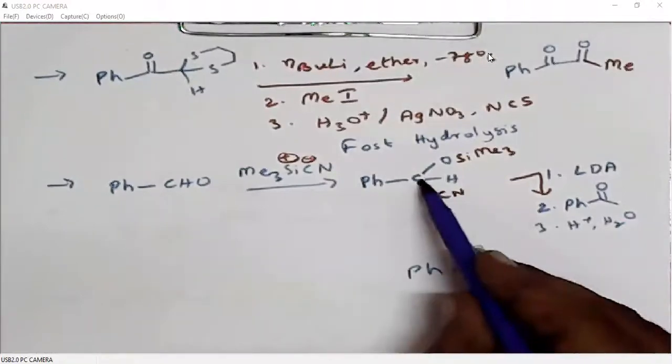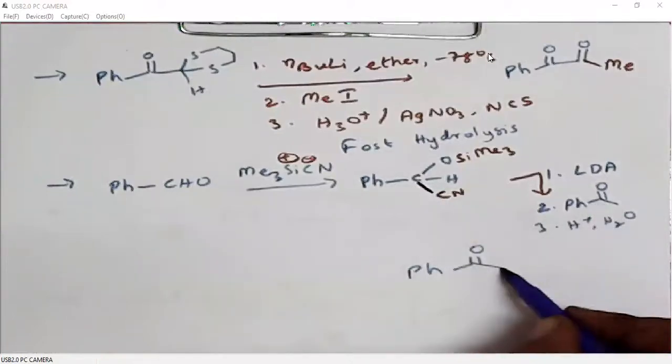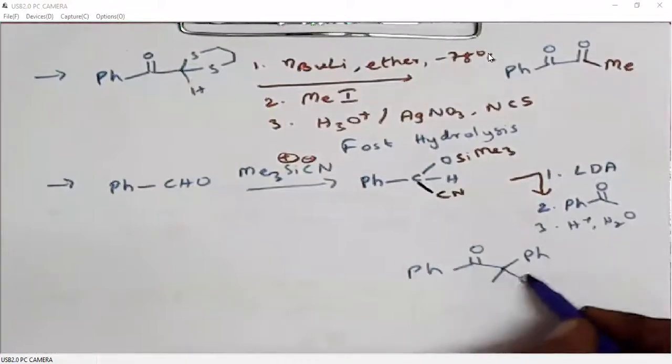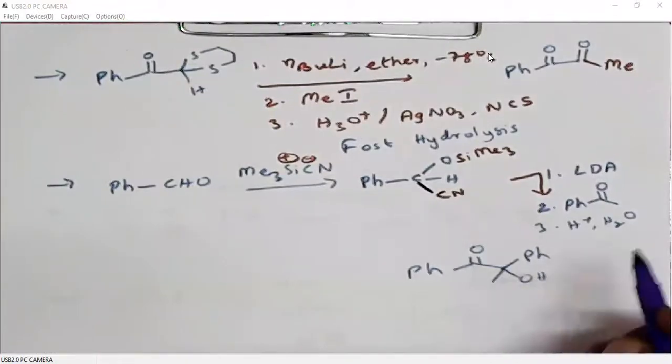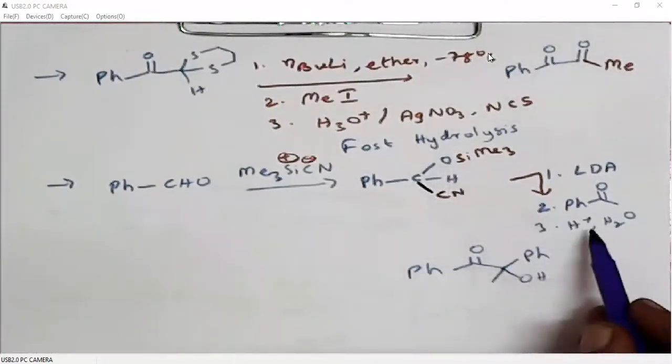So this anion will undergo nucleophilic addition to this carbonyl carbon. It generates this tertiary alcohol. Then deprotection of this group can be easily achieved under acidic